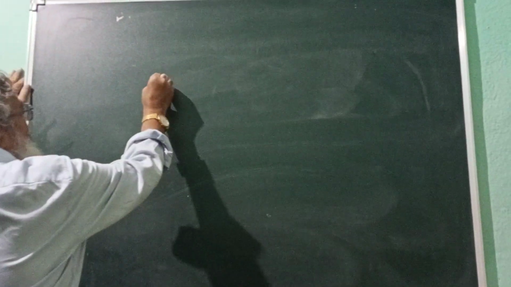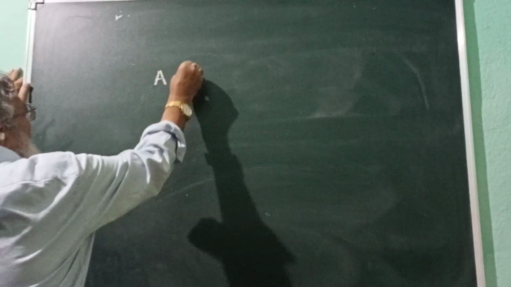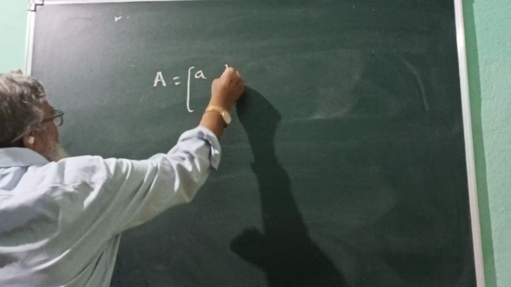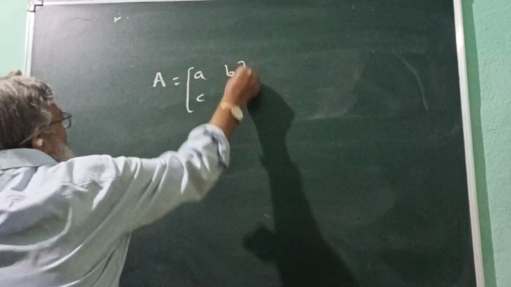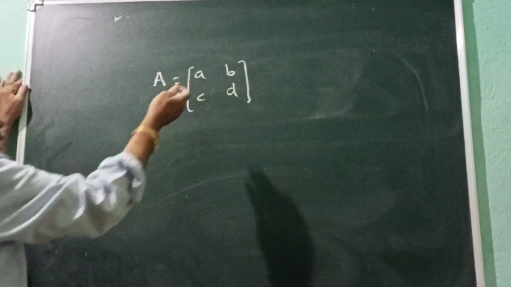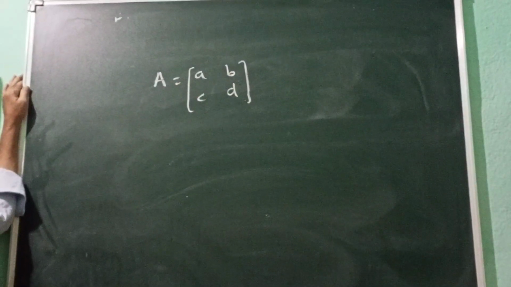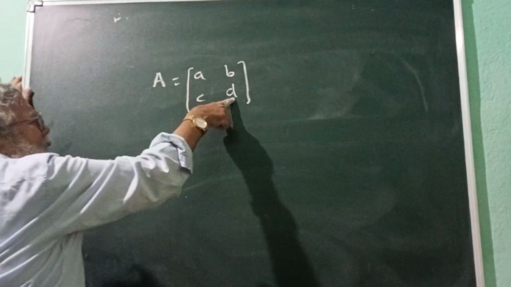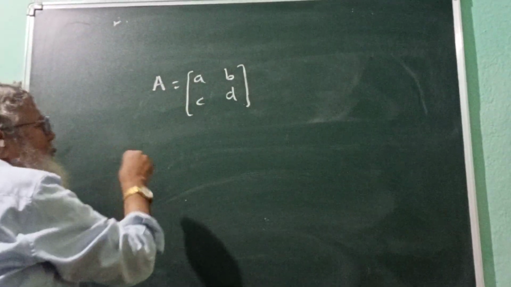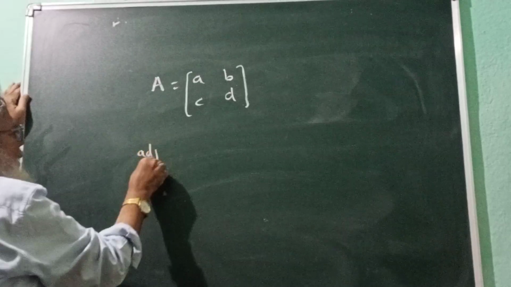Now, how to find out the adjoint of a second order matrix? So I will give you a trick. Look here carefully. A is a matrix. Here it is A, B, C, D. We have to write down the adjoint because it contains only one element. For example, cofactor of A means only D will be there, like that. So therefore, directly we can write adjoint by this thing.